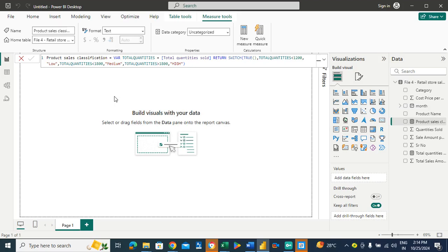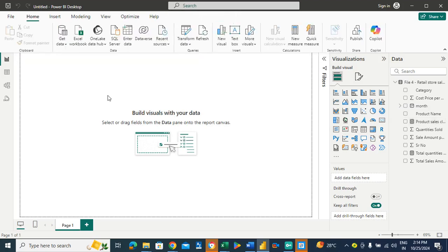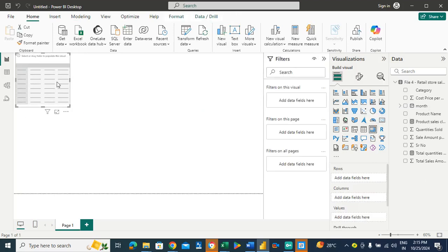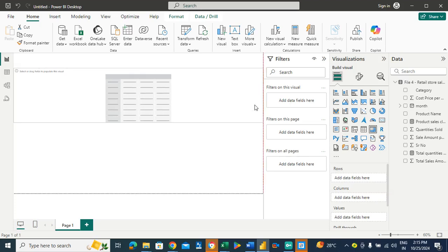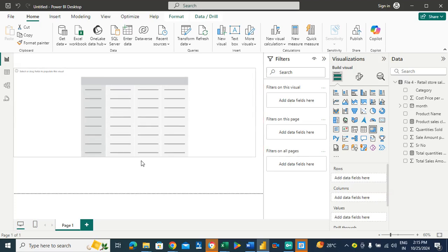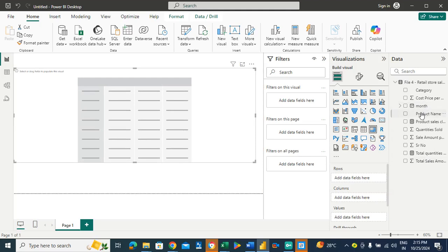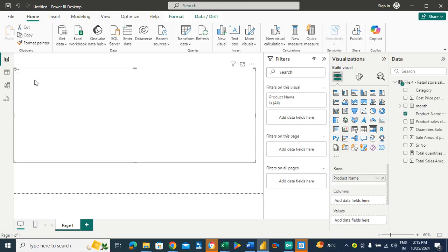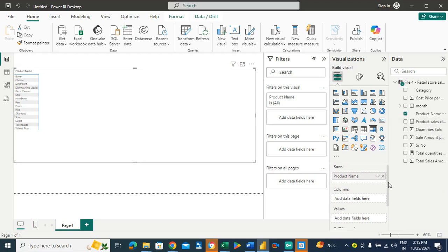So let's take a look at how the evaluation was. I'll click on matrix. I'll enlarge this. I'll add the product name. We want to see the performance of the products that I can see on the left. And now I'll add this DAX query. I'll drag it down in the values. Before that,